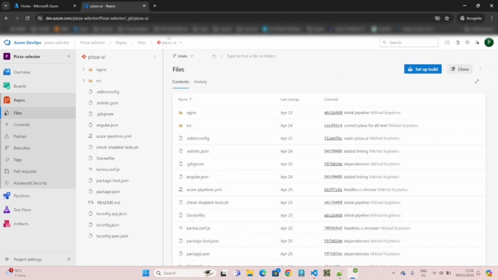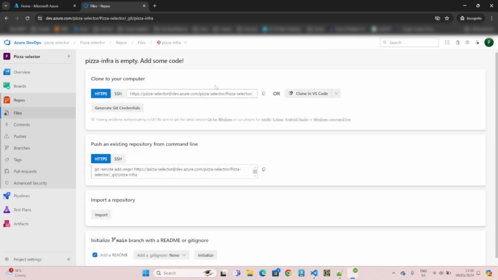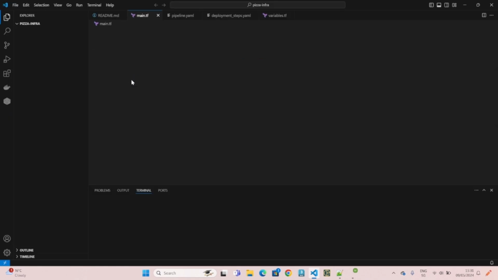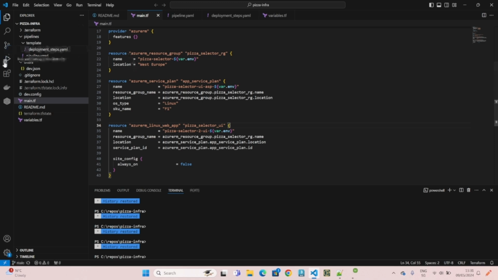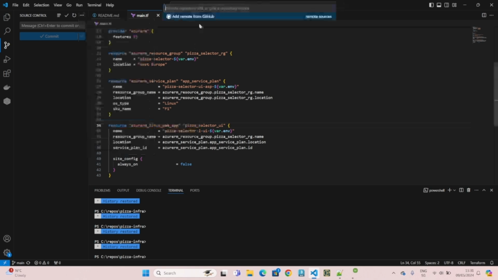Now I will repeat that same exercise with the infrastructure code, and the good thing is that actually those credentials that we generated before, they still work for this repository as well. So I will copy now this URL, go back to Visual Studio Code, change it into my infrastructure code, and go to the source control, add it as a new remote, and now we will call it pizza infra